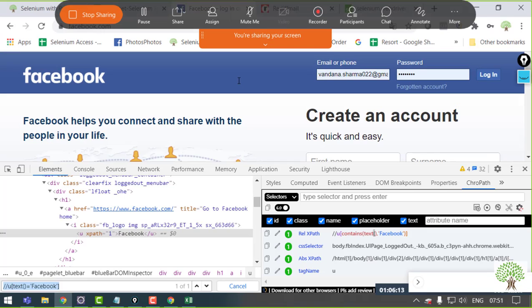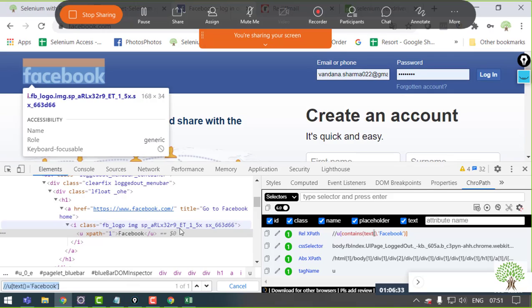Okay. The same way is with Firefox. If you want to extract the element on another browser, it's going to be the same. Just that sometimes the Firefox browser gives you the complete XPath. It's totally random whether it's going to give you a complete XPath or a partial XPath.